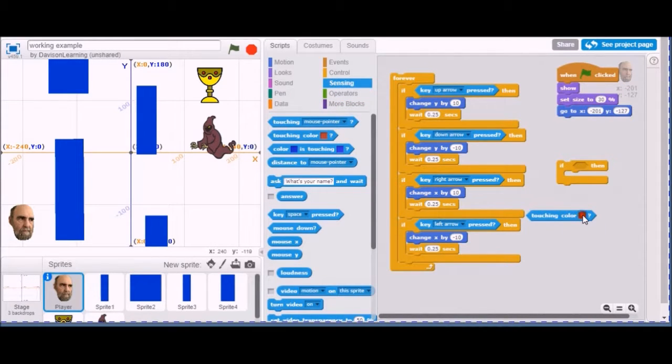I just have to click on here, and I'll get a little eyedropper, and I just come over here. Or I could say, you know, this color here. If you notice, whatever I'm pointing to is changing, so that color. If touching color, then what I'm going to do is I'm going to have it move the opposite way. So